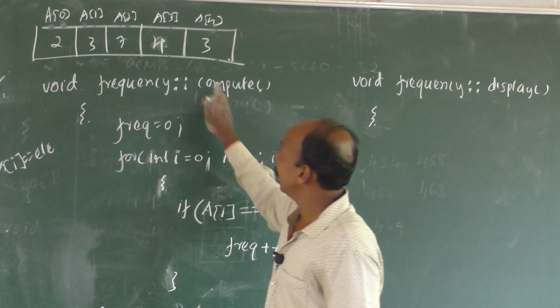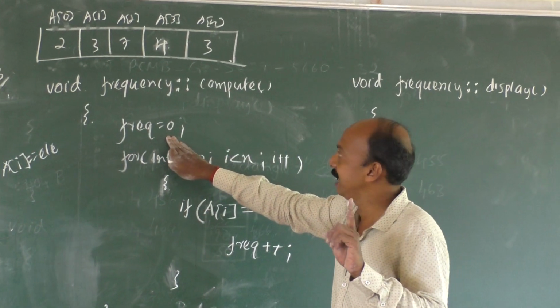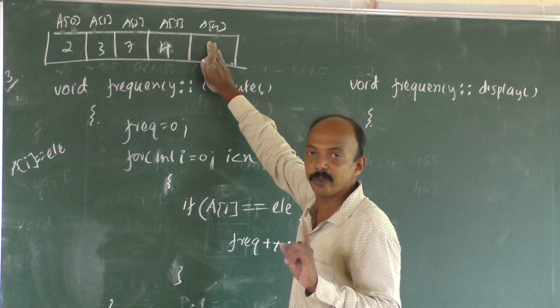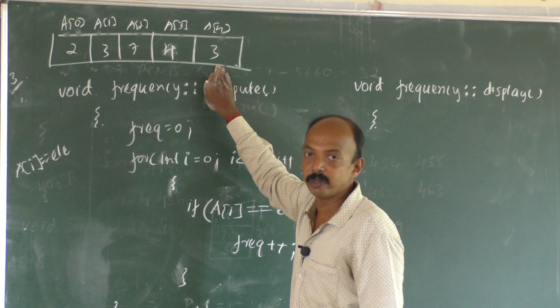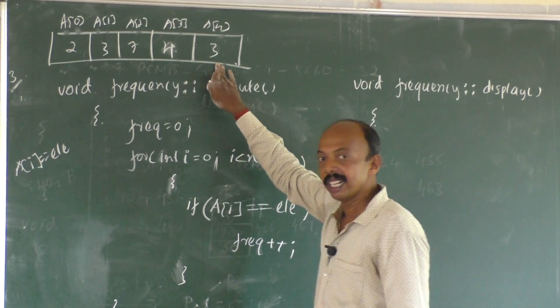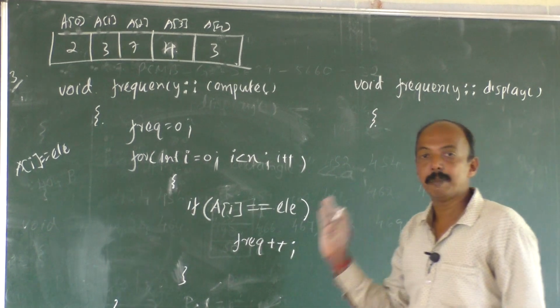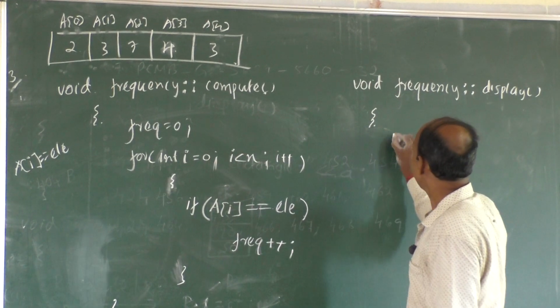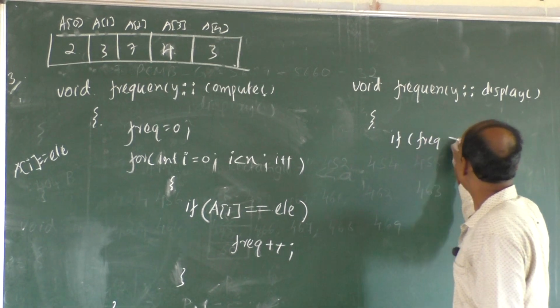If the value gets repeated, it won't be 0. At least suppose 3 is repeated only once, the value of frequency will be 1. If it is present twice, the value of frequency will be 2. So in general, it will be greater than 0 if the element is present. That's why we can write if frequency greater than 0,